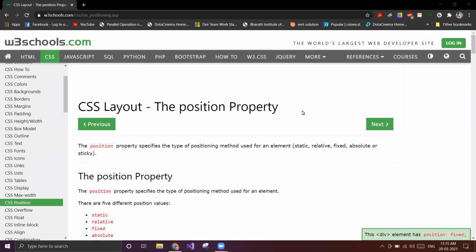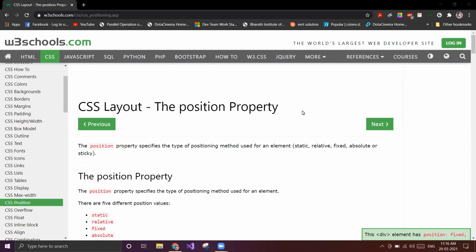Today we'll go through one important CSS property called position. This position is very important. It helps us set the position of the elements where we want to place them. Till now we have seen d-flex, meaning display flex, and align-items center.